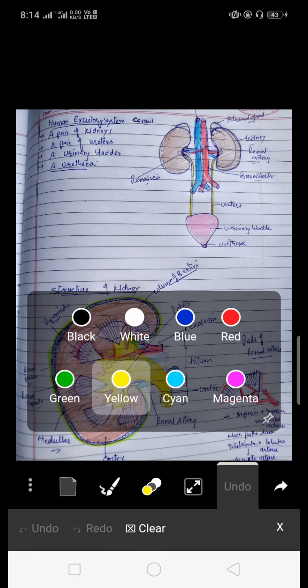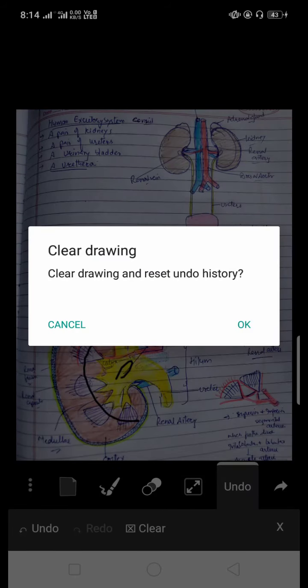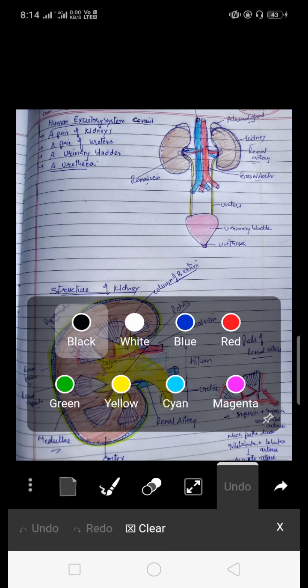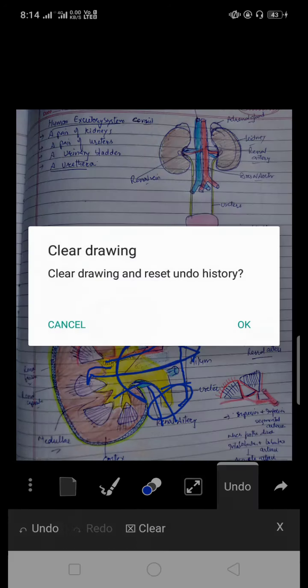Internally, the kidney has three regions: an outer cortex, in the middle a medulla, and the renal pelvis, which is present on the inner part of the kidney. We also call this the hilum of the kidney. The hilum is the concave part of the bean-shaped kidney where blood vessels and nerves enter and exit the kidney. It is also the point of exit for the ureters.